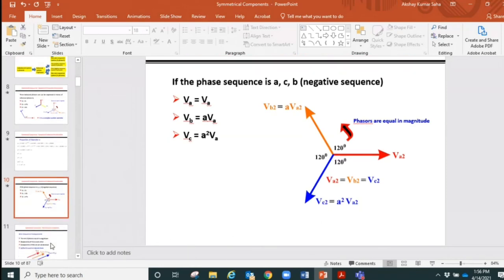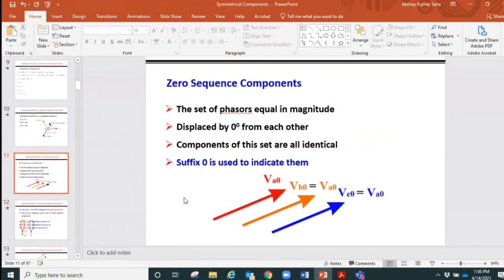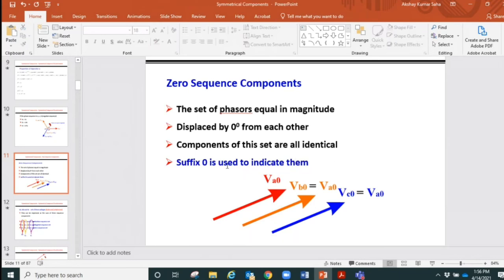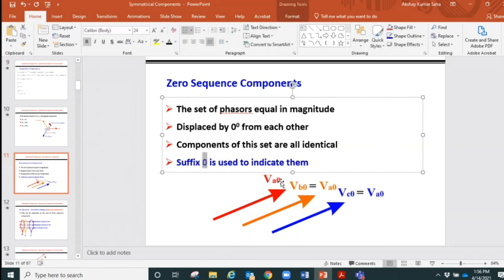So after that, we can go to the zero sequence. Zero sequence is the common one for Fortescue's theorem. No matter how many phasors there are in the system that we are considering, zero sequence will always be there. So for the zero sequence components of voltages, what are the features? I mentioned it earlier. The magnitudes are the same. So VA0 will be equal to VB0 will be equal to VC0, and they will be parallel to each other, meaning there will be no phase difference between them, and we use the suffix 0 to indicate that it is the